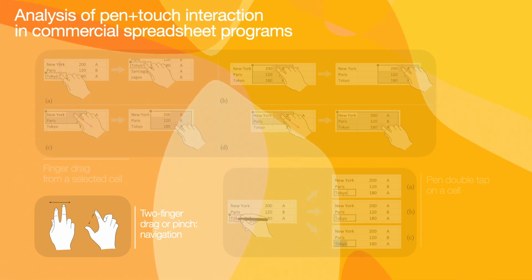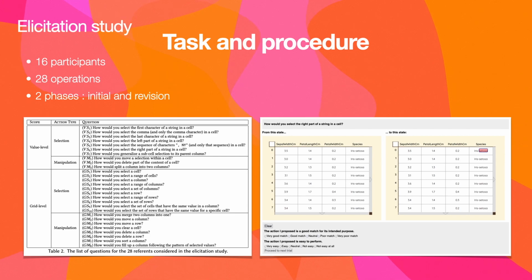But apart from that, there's no clear model for selecting elements, even though this is key to any direct manipulation technique. With the elicitation study, the aim was to understand the strategies users could adopt to perform a list of 28 common spreadsheet operations of selection and manipulation, both on the value layer and on the grid layer. So 16 participants were faced with the interface you see on the right, on a Wacom interactive screen, and they